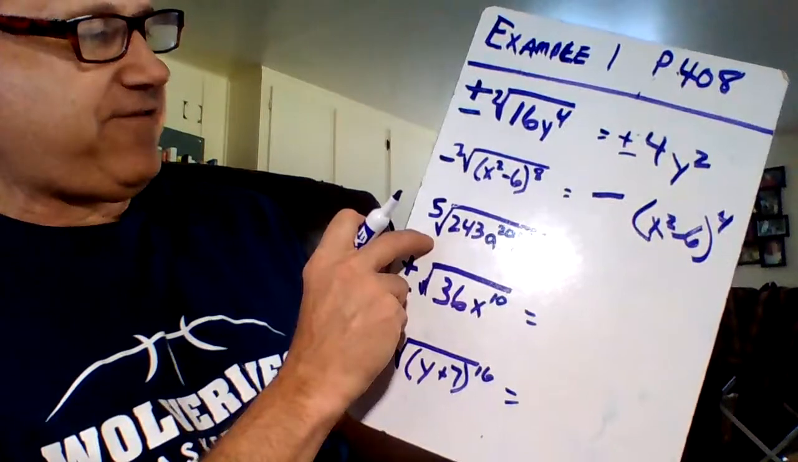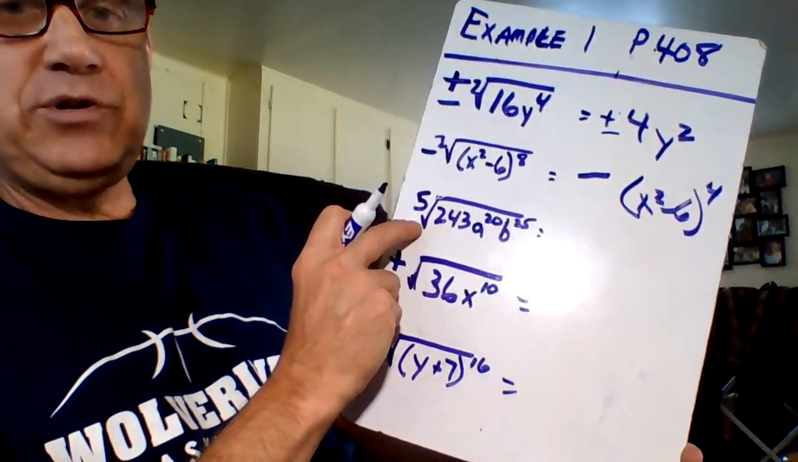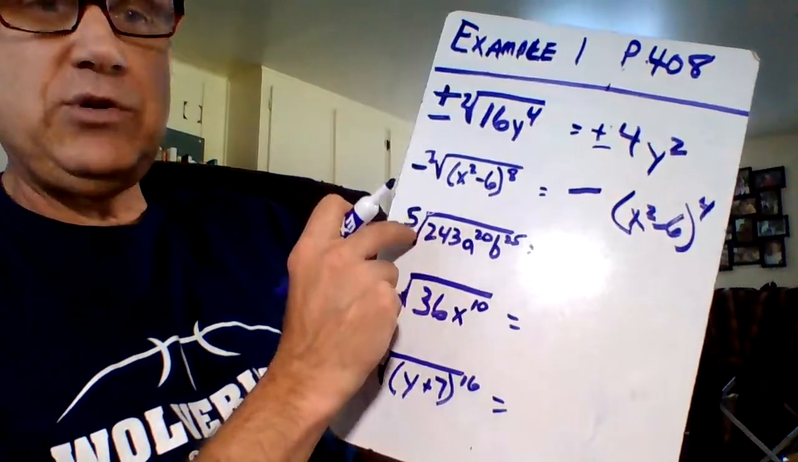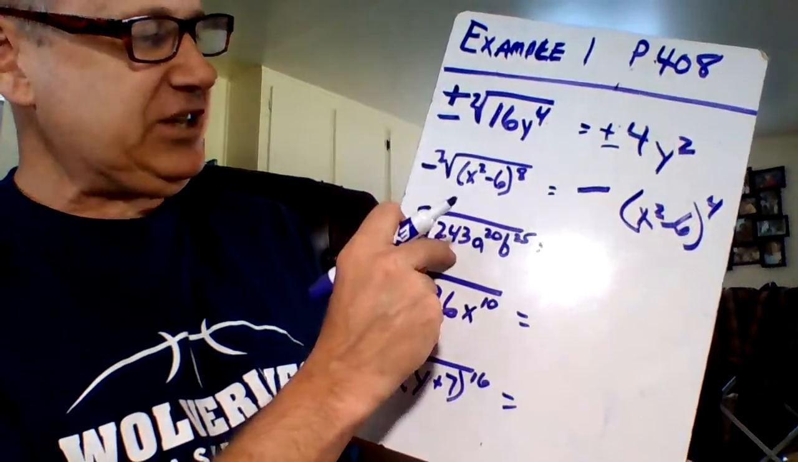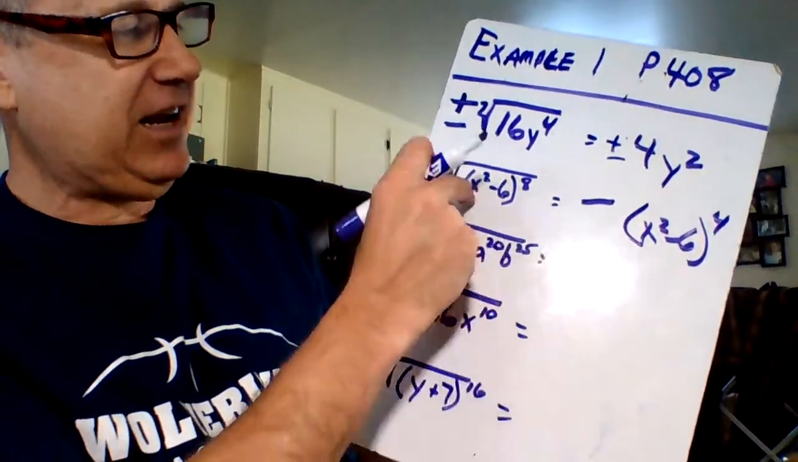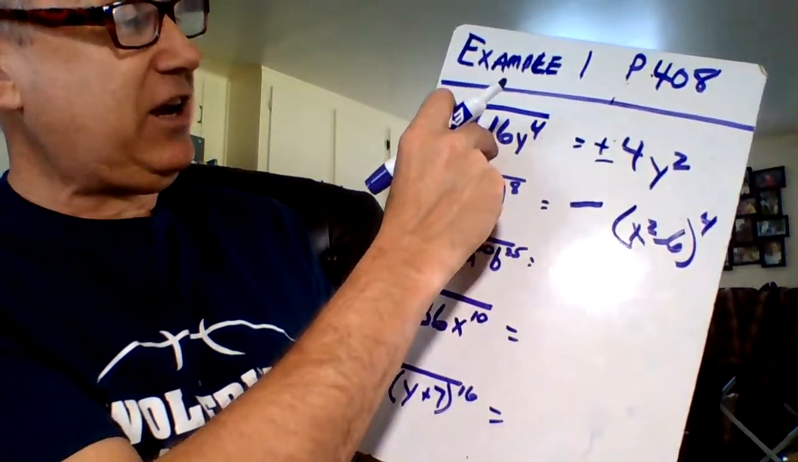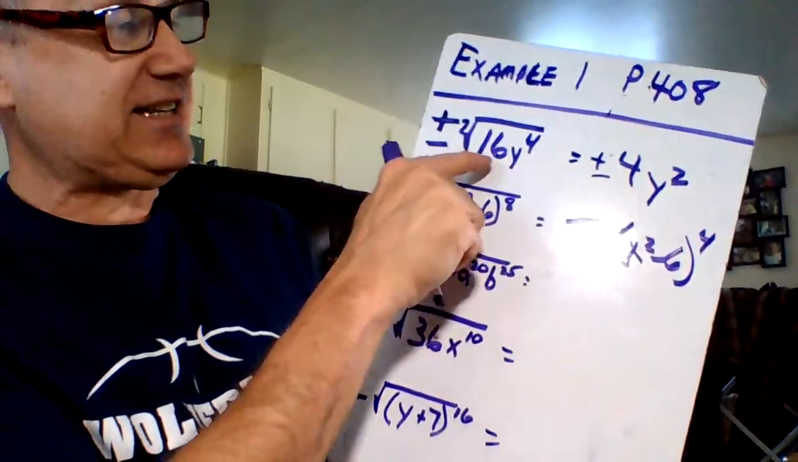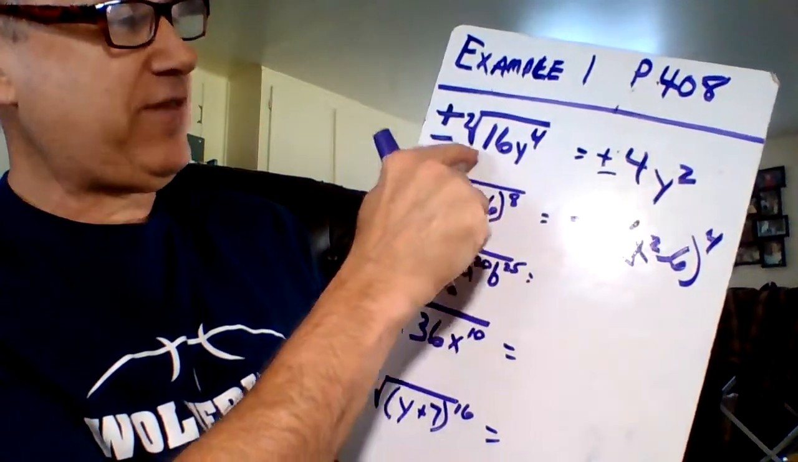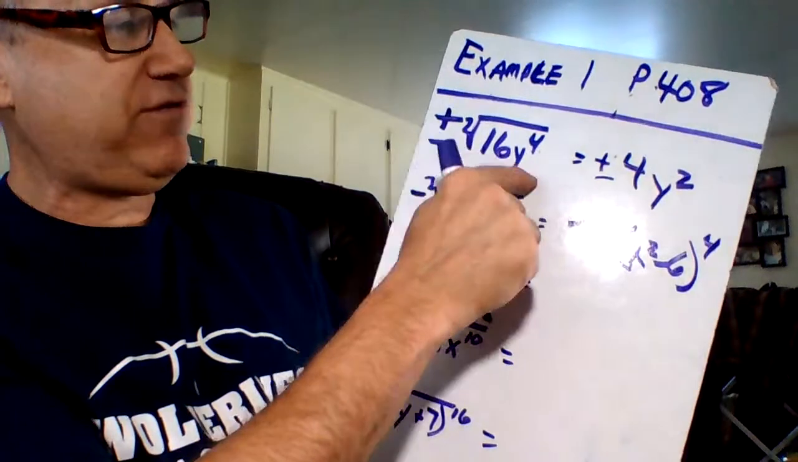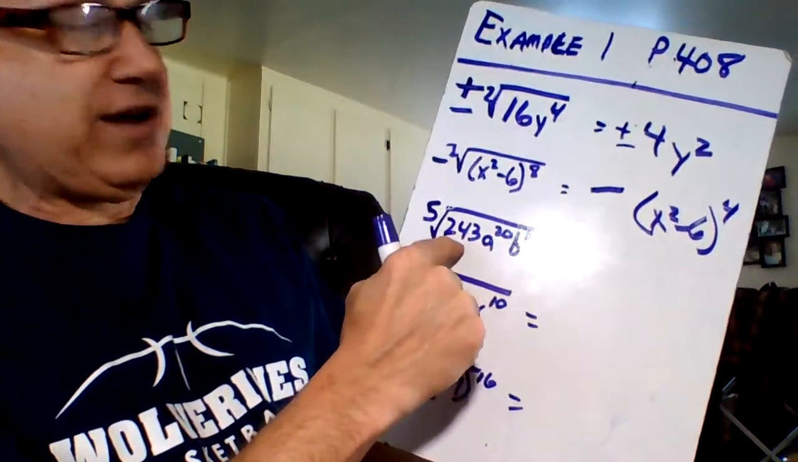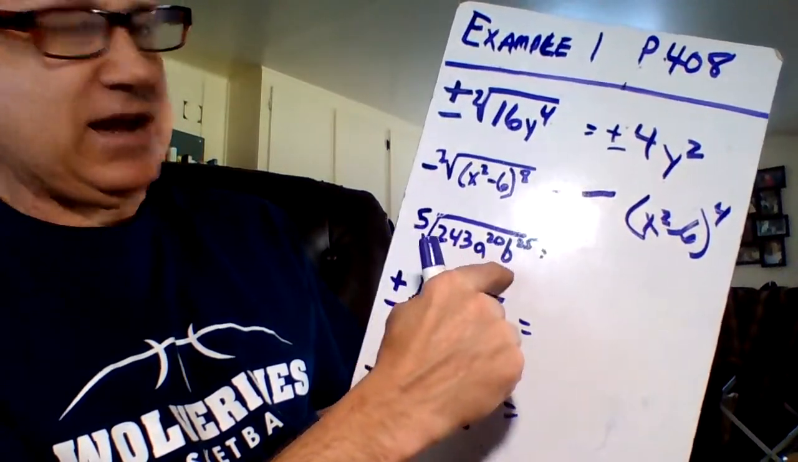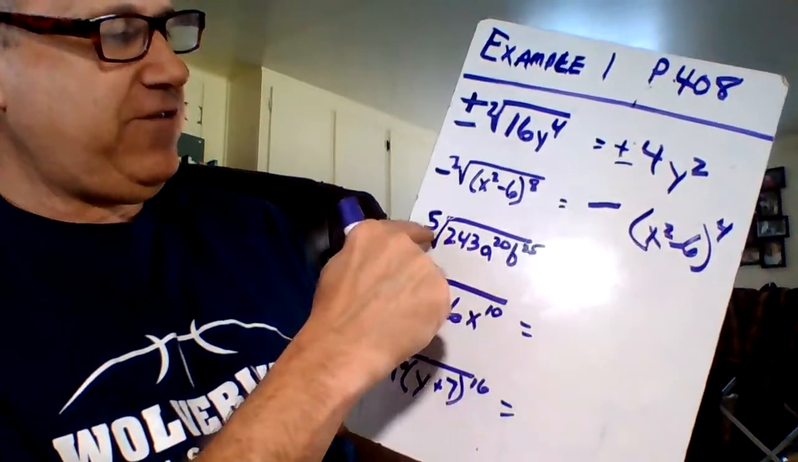Okay, so here we have the 5th root of 253. We use this root on each base. Here there's only one base. Here there are 2 bases, we have 16 and y, so we have to apply this square root to both of those. Here we have 3: we have a number, we have a, and we have b. The fifth root of